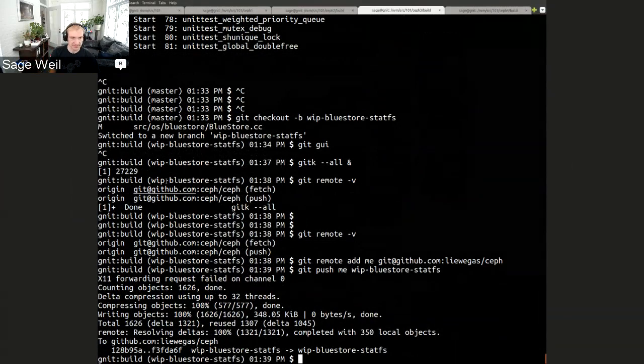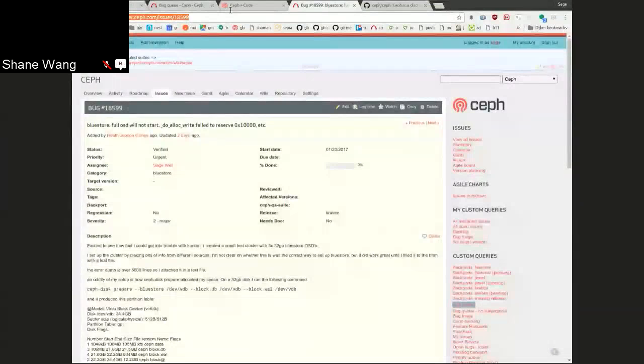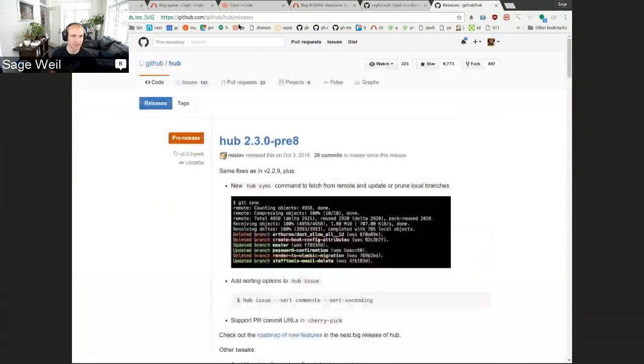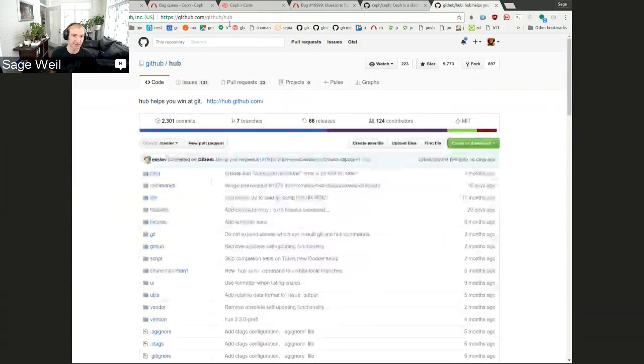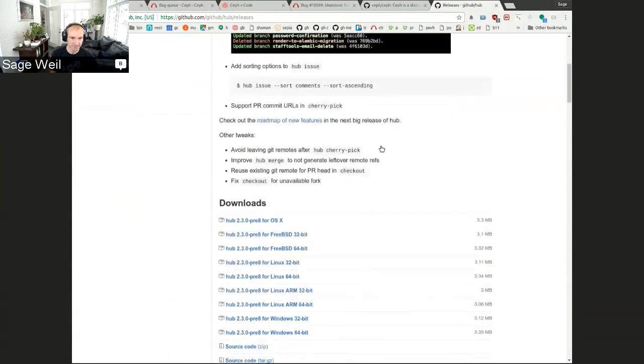I never do that because you have to click through a bunch of web stuff. There's a command line utility that lets you do the same thing that I highly recommend everybody use if you're not already familiar with it. It's called Hub. It's written by GitHub, not surprisingly, and it makes this whole thing much easier. So I will do that very briefly. You go to GitHub Hub releases. Well, it's under the GitHub account. The program is called Hub, and they have a page that has pre-built packages. So it's pretty easy to